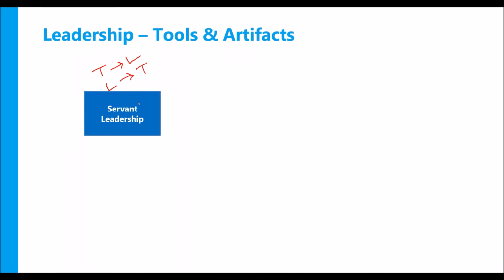Okay, what does this mean, right? First step is a servant leader removes any impediments or blockers for the team so that they are able to run the project successfully. The second aspect of it is the servant leader helps the team in smoothly running the project by understanding what the project needs, what the team members need. It need not be an impediment or blocker, right? If the team wants something that can improve the efficiency of the project, he is there to help them get what they need. So there is a shift in mindset. A servant leader works for the team.